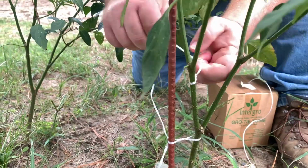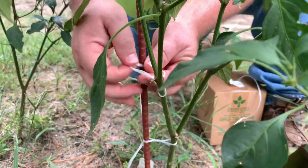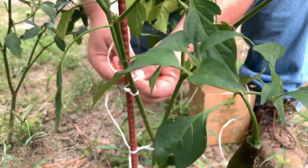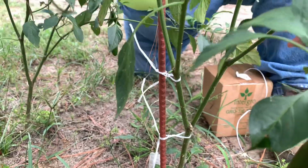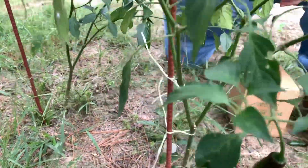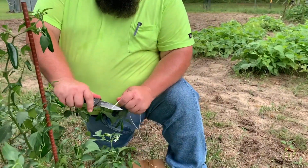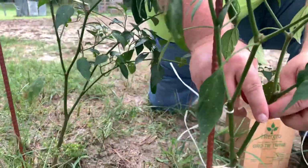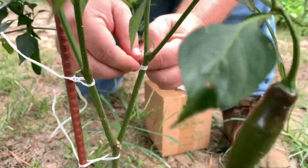Now remember, leave that space for the plant to grow. You don't want to choke off that plant, because the trunk will get bigger, the stems will get bigger, whatever you want to call it. And it's just that easy. Now this one has a double stem, so I'm going to make sure I can get that other one too. Now, if you got a lot of plants, this takes a little bit of time to do, but it is well worth it not to have to replace plants or lose plants altogether,